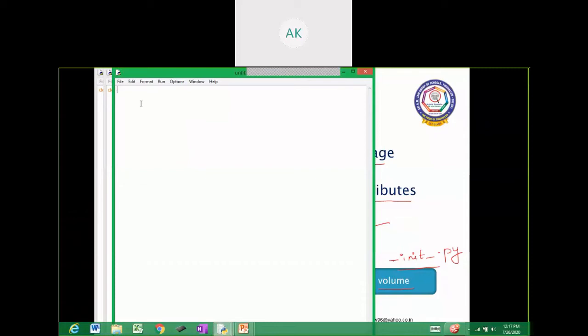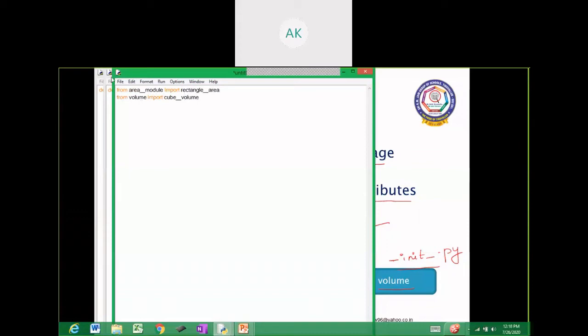So from area_module import rectangle_area, and from volume import cube_volume. Both the functions we have imported.